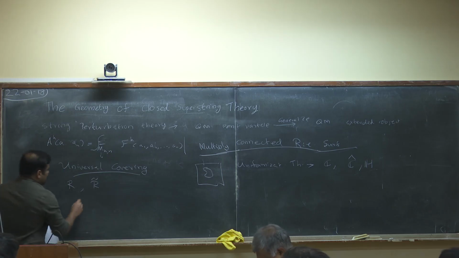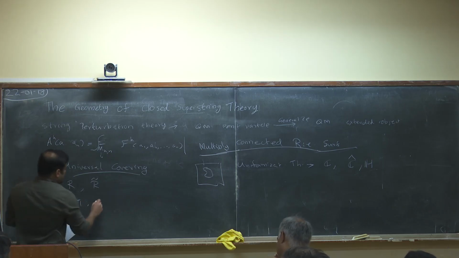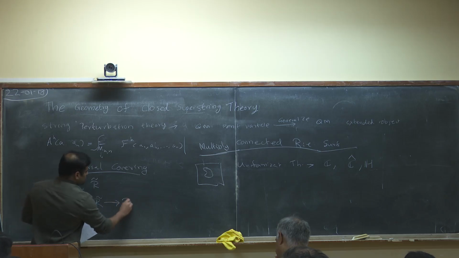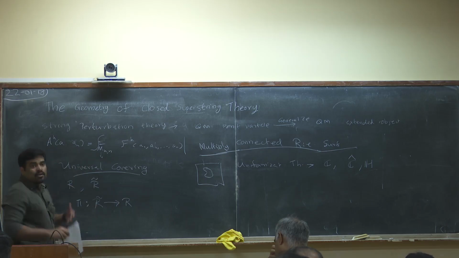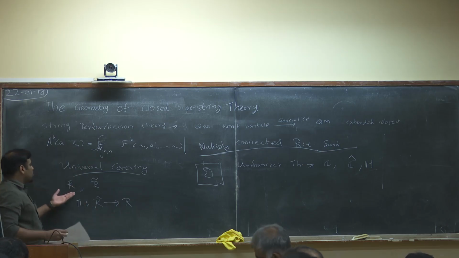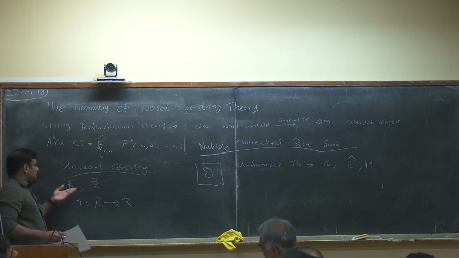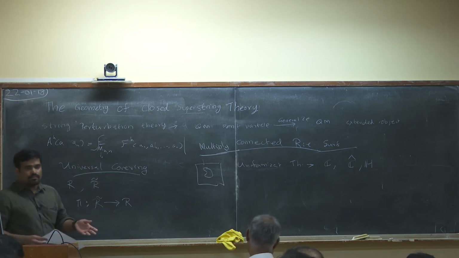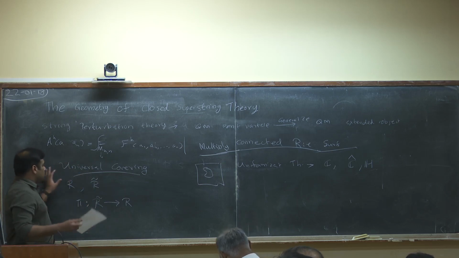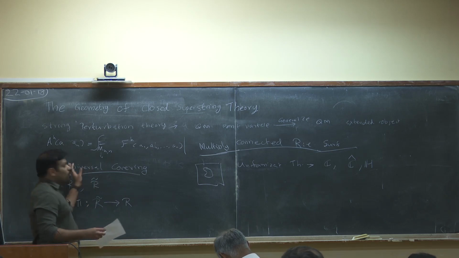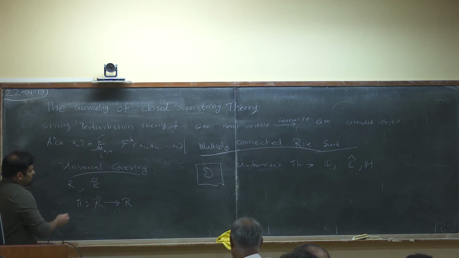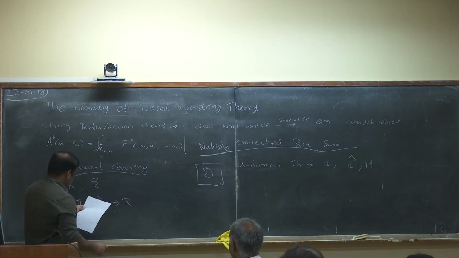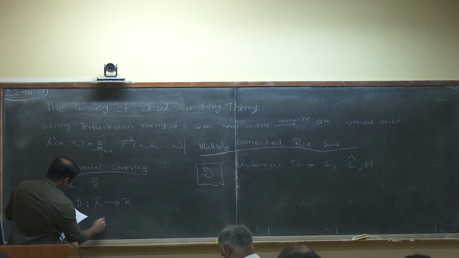Now assume that there exists a mapping phi that takes you from R tilde to R. The complex structures of R and R tilde could be extremely different. You could even have a situation where R tilde has one particular genus and R has a different number of handles. So R and R tilde may not be topologically equivalent. If you are able to find a mapping from R tilde to R with the following property, that this map takes a domain